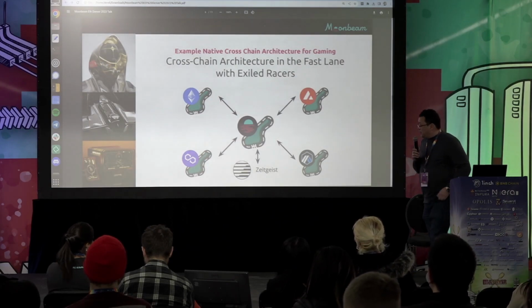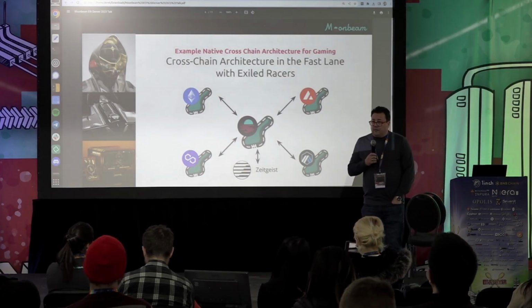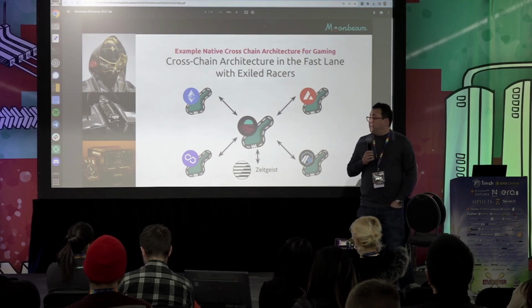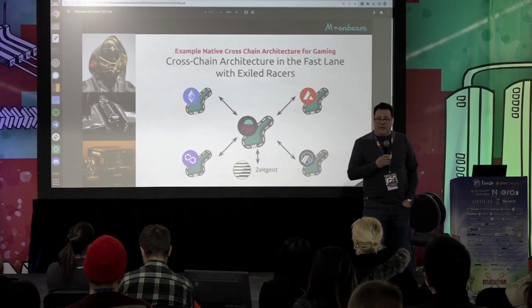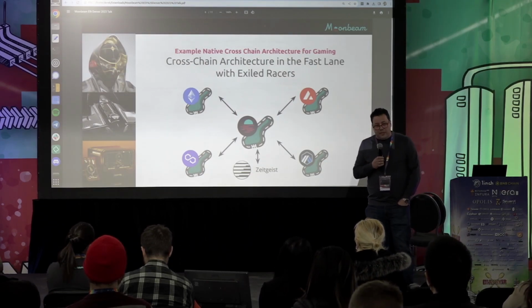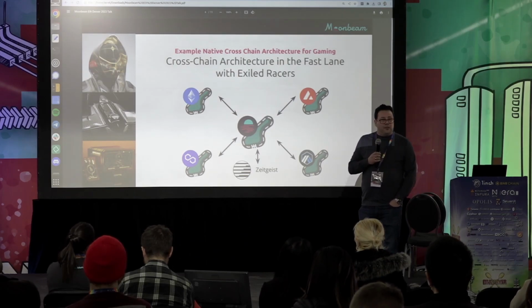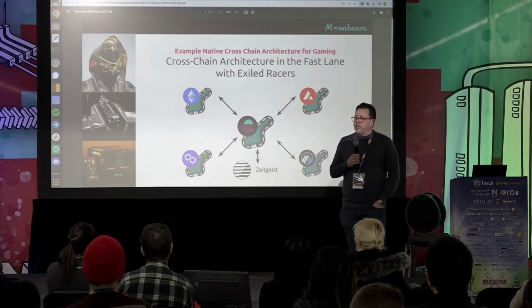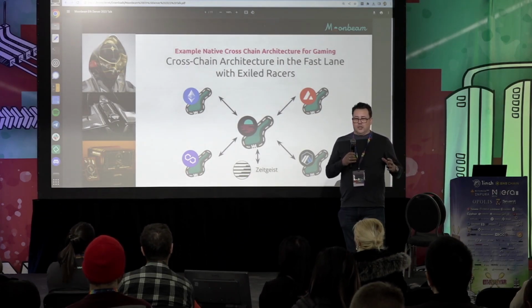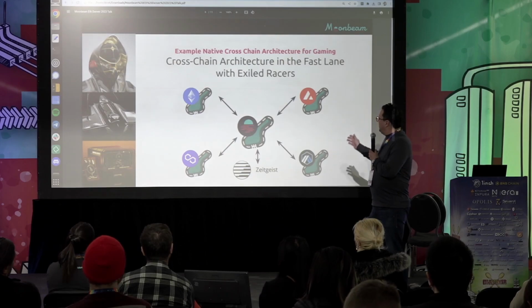Just to give another example in a different domain, if the last example was DeFi, here's an example from the gaming space. So there's a gaming project on Moonbeam called Exiled Racers. They, as well, are using a hub and spoke architecture, using cross-chain messaging systems to connect all of these components together. In their case, it's a racing game.